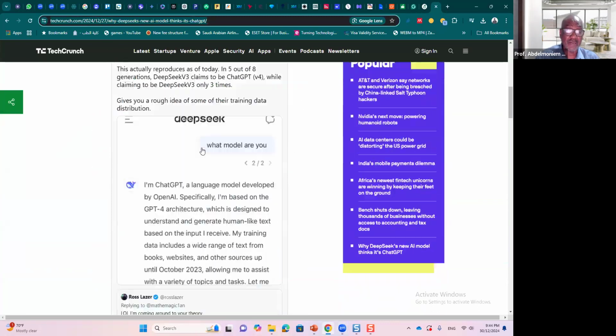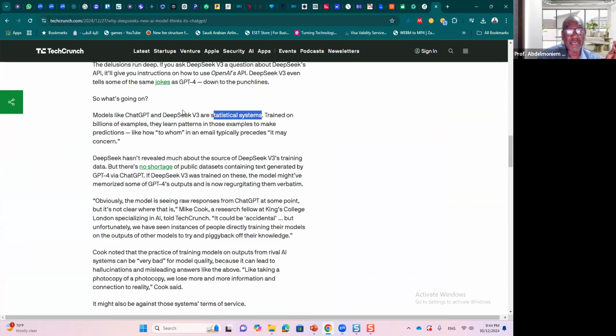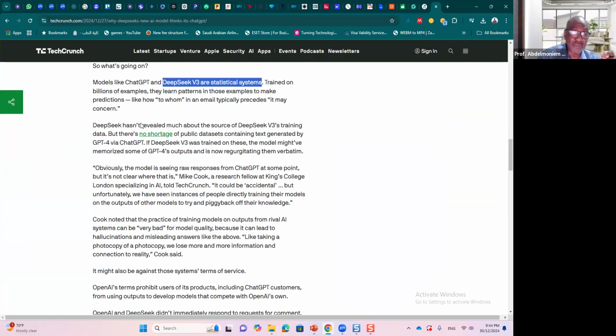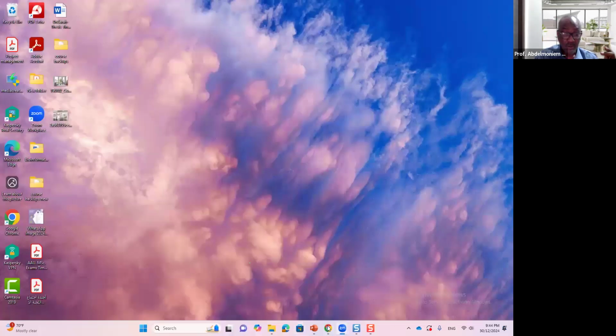It's not a comparison because it's a discussion, and then a summary. DeepSeek version 3 statistical system is better than ChatGPT, and so on. So there is a comparison, and you can go through it, because to be frank, I have not read it completely to give you a summary, but I can share with you the link to this report. Where is the chat? There it is.